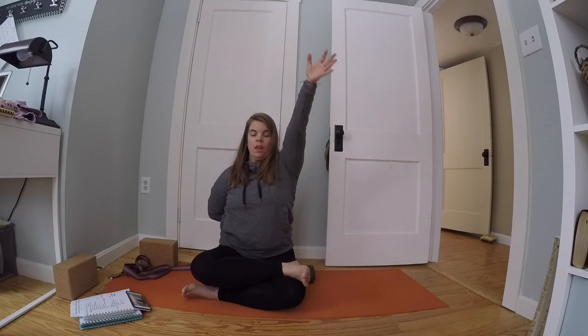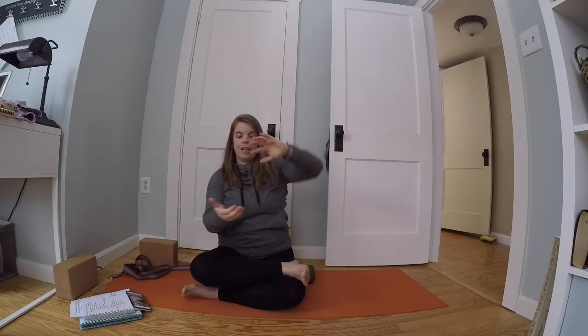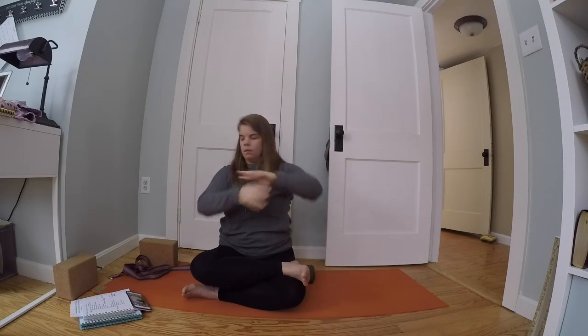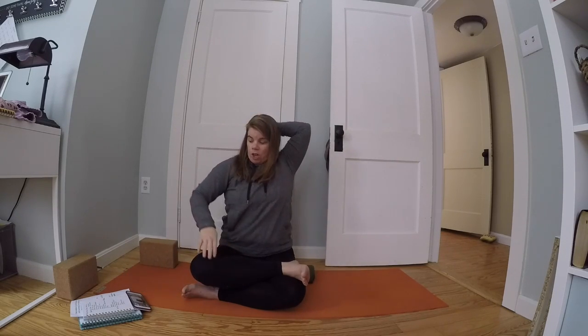You might stay right there. You might wiggle the hand up the back. And the other arm comes up. You reach back and you clasp. So you're going to clasp maybe like this. Maybe you'll hook some fingers, see if you can get all four. Maybe you're somebody that has a pretty strong clasp here. Or you're going to take that strap back in that top arm